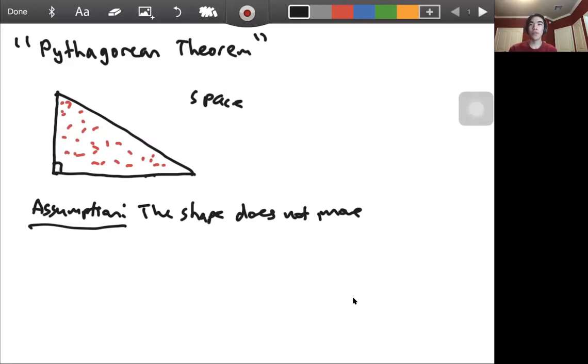This kind of seems intuitive, right? Like if you put an object in a liquid or something, it's not going to suddenly start rotating. That wouldn't make any sense. So this is a very intuitive concept, but we can actually use this to prove the Pythagorean theorem. And the way we do it is